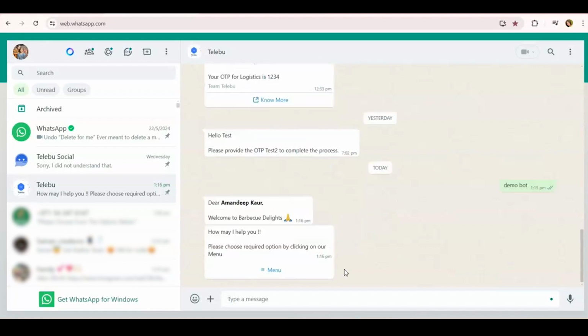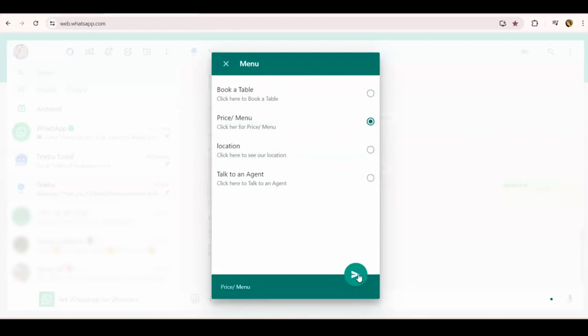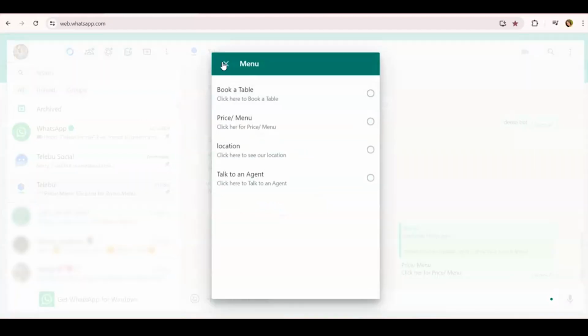You can see, now I can test over WhatsApp how it works. Now if I want to change something over here, I can go to the builder path and edit my bot. So this is how you can check.